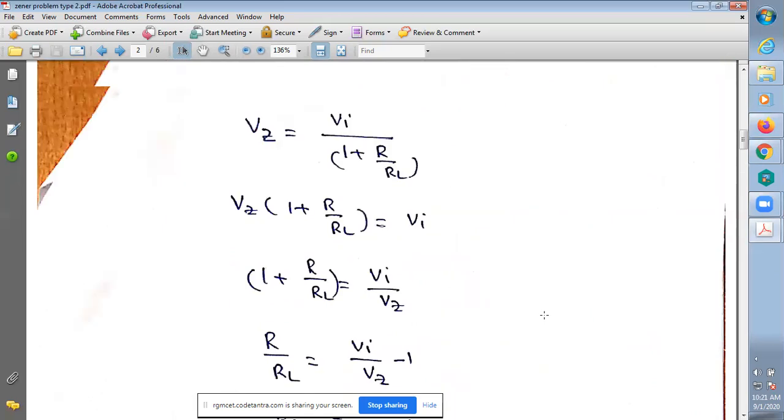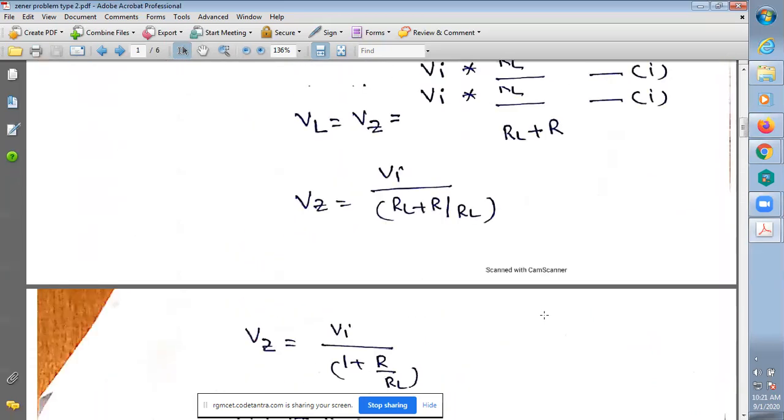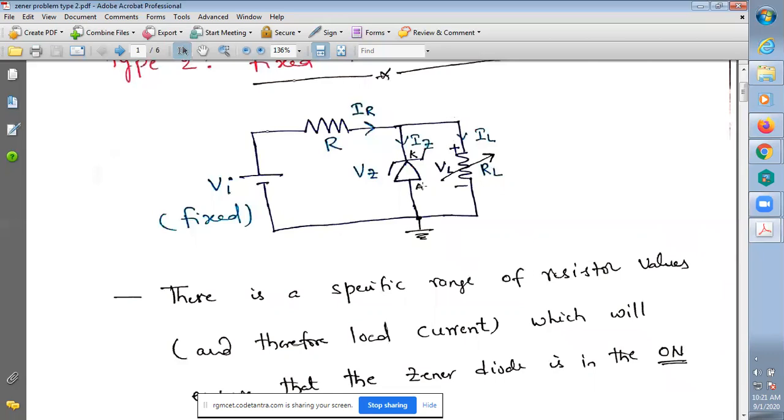I already explained the circuit here. Always remember this circuit in your mind. This is the load resistor. If the load resistor is minimum, RL is equal to minimum, what about the current flowing here? I is equal to V by R, right? R is minimum, so that maximum current flows through the circuit. What is the maximum current? Here the output voltage is fixed, VL or Vz, both are in parallel. Now Vz by RL minimum is equal to IL maximum.